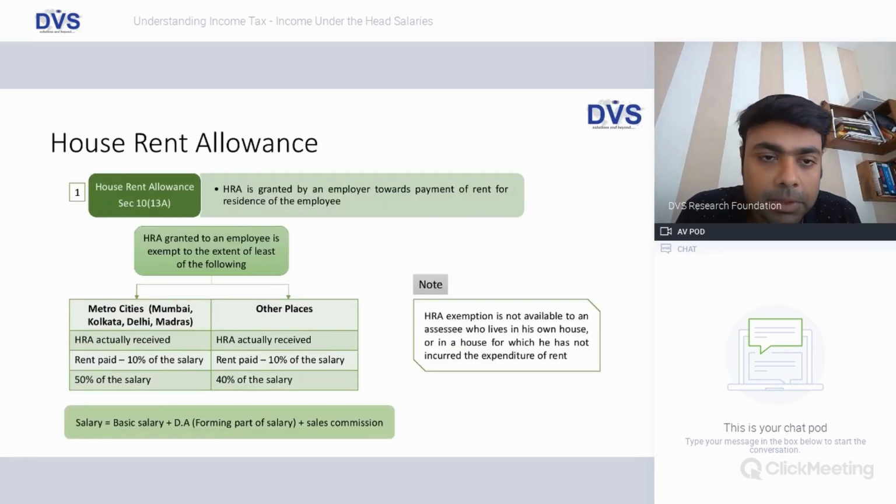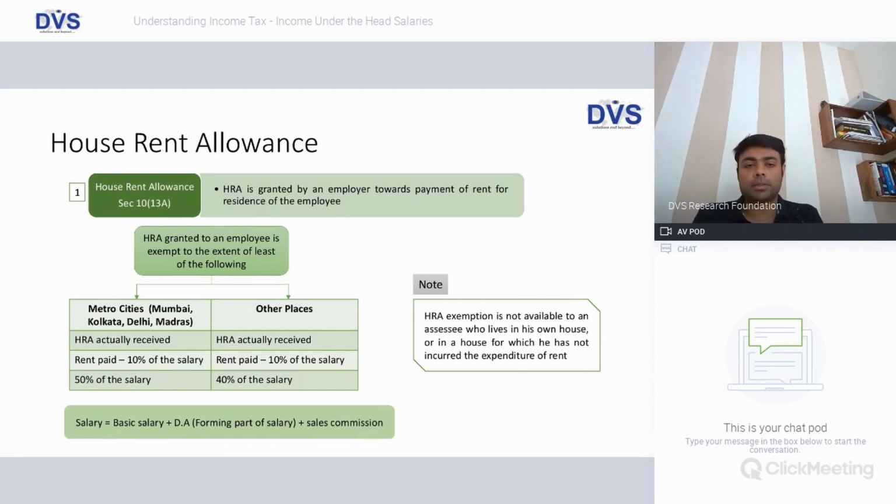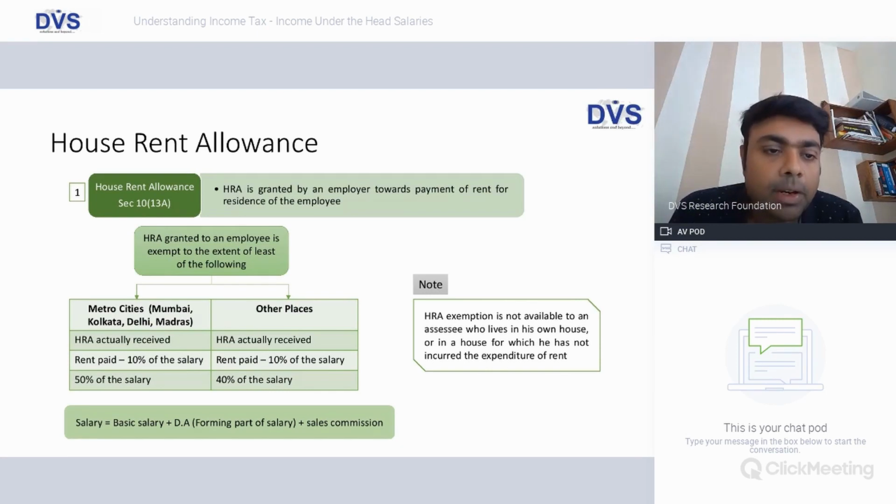First one, house rent allowance. So this is an allowance. Let's say an employee is working in Chennai and he moves from Chennai to Bangalore. So basically the house rent allowance is given to someone for who ideally he is not living in his place of residence or he does not have a own house in his place of residence. Then in such circumstances, an exemption for HRA is possible. Now, HRA exemption is categorized based on place of residence.